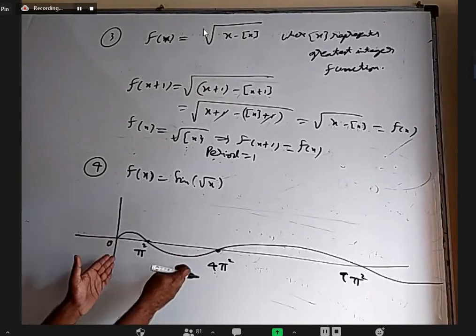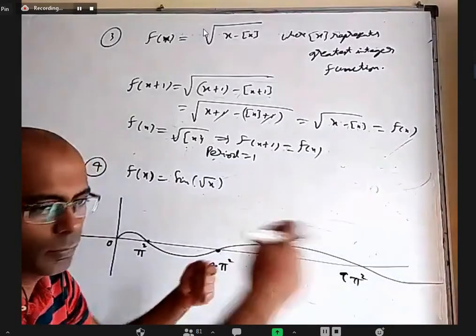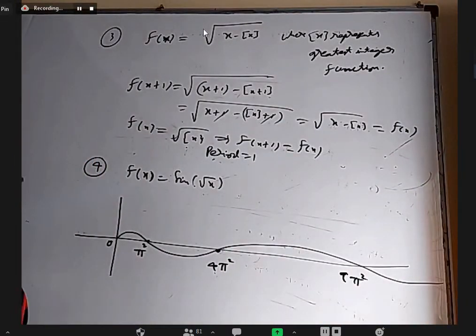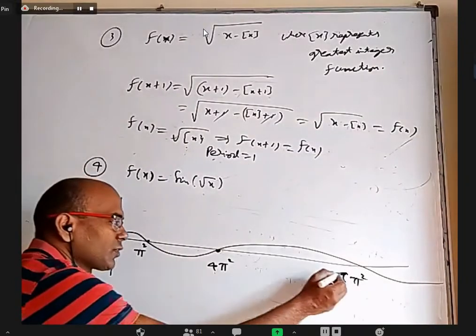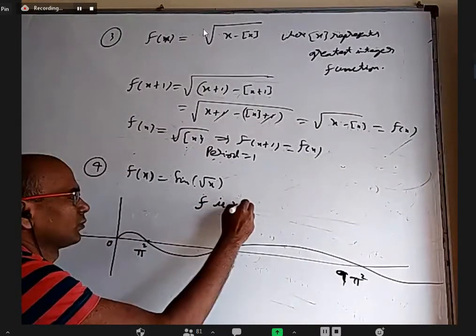So it is not the same size, same shape repeating. No. Later on it will be much more longer. Okay. So it is not even periodic. It is not possible to find a t in such a way that f of x plus t is equal to f of x. That t also will depend on x, but it should be independent of x. Okay, so f is not periodic.